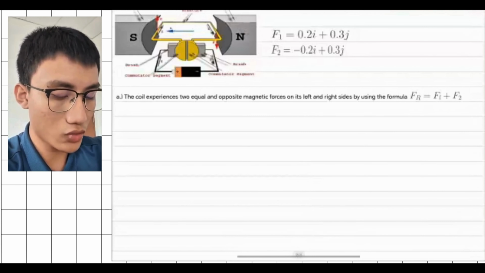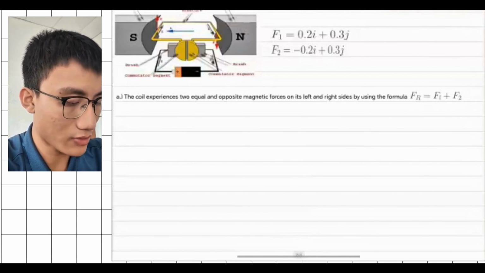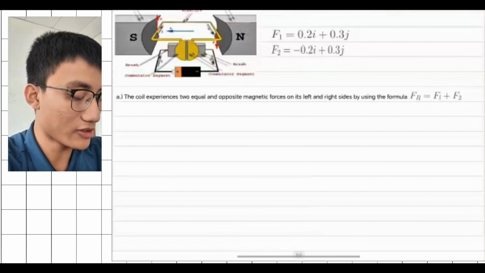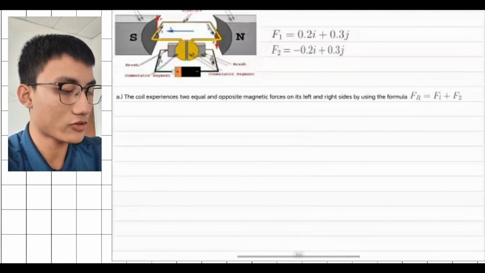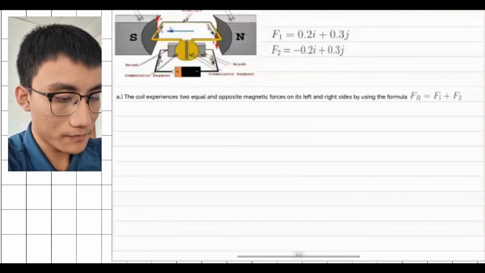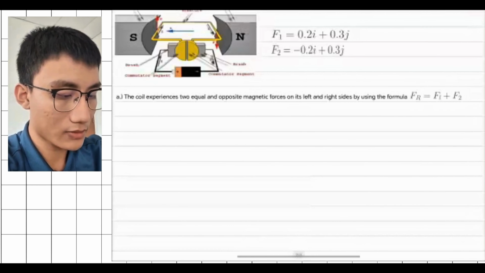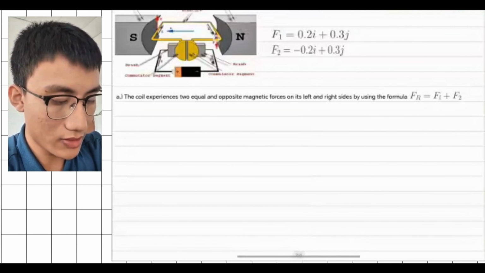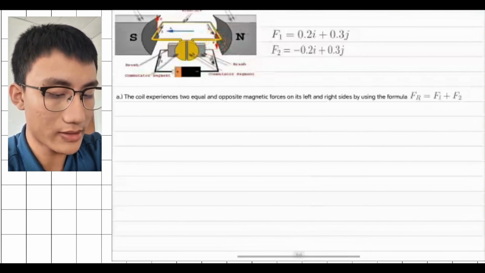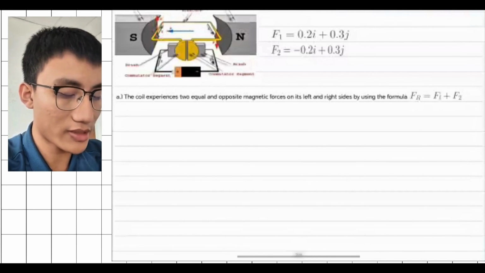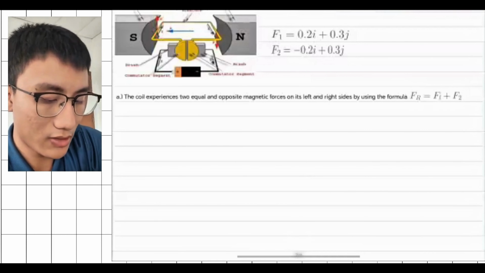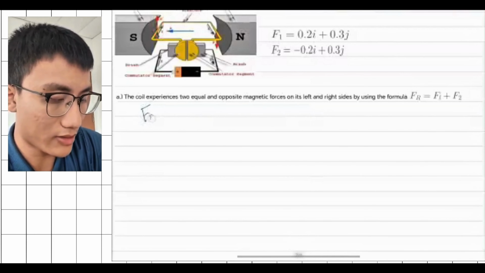The coil experiences two equal and opposite magnetic forces on its left and right sides. By using the formula given, which is Fr equals F1 plus F2, we know that this is the F1 and this is the F2. Since the formula is given, it is much easier. Fr equals F1 plus F2. So it is equal to